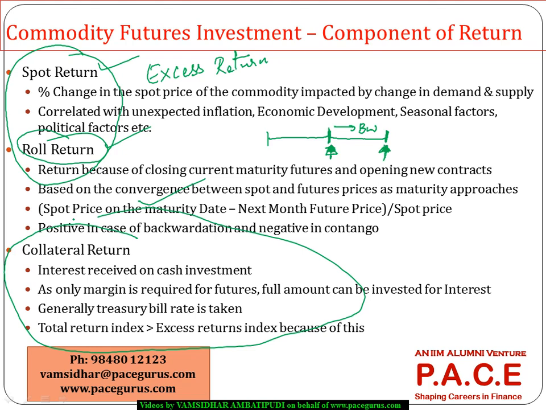Now what I can do is invest that cash to earn some interest. When I have got into a futures position, saying I'll buy the commodity, let's say, after 3 months, for those 3 months more than 90% of the cash is available with me. So I can deposit that cash to earn interest for a 3-month period. That particular interest that is getting earned because of getting into a futures market, and not getting into a direct purchase of the commodity, is what we call a collateralized return.